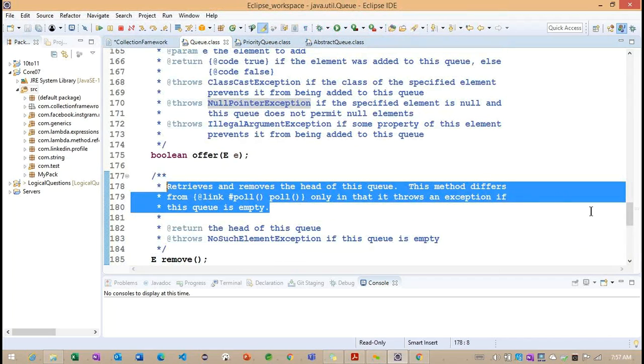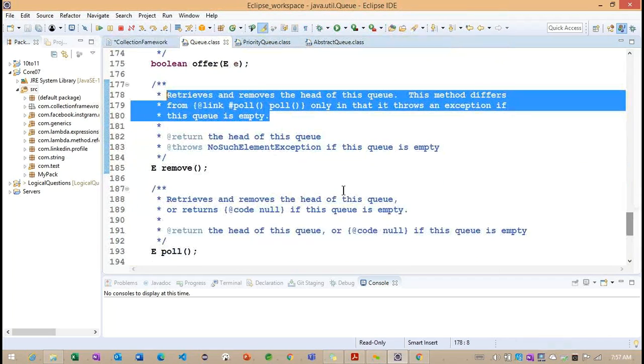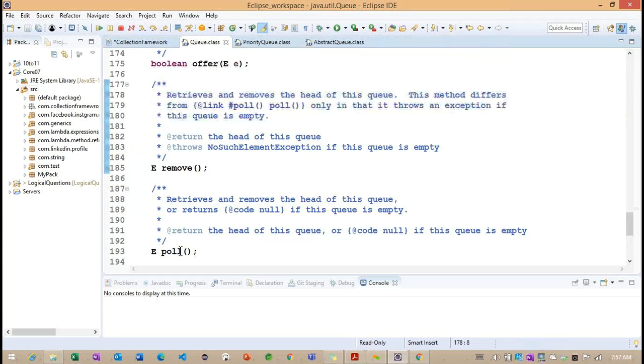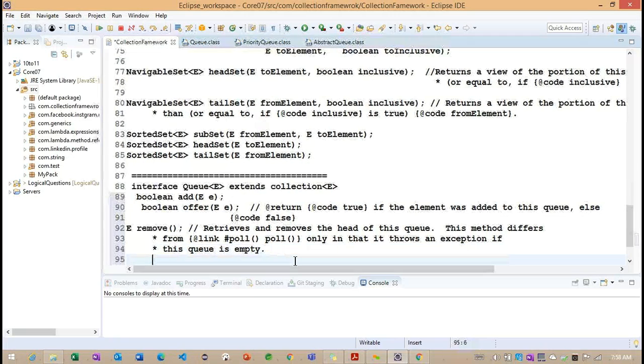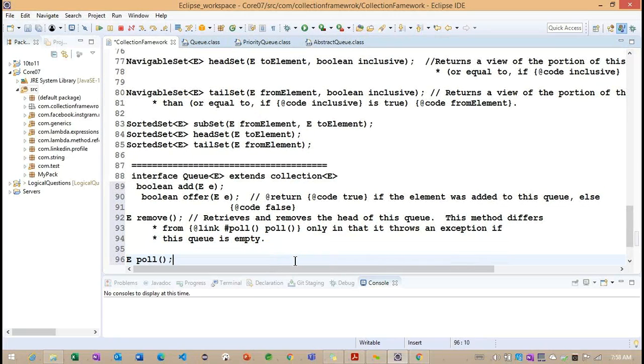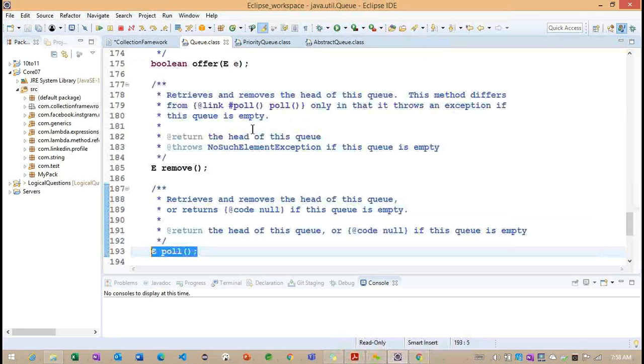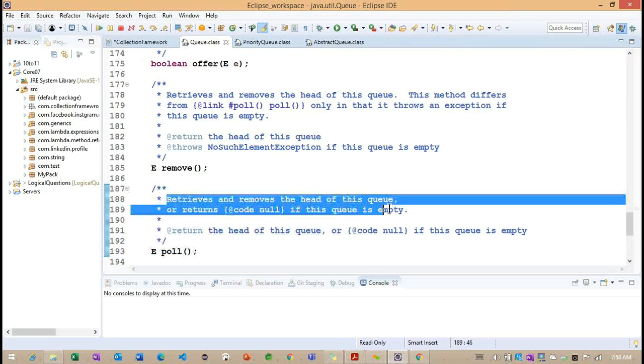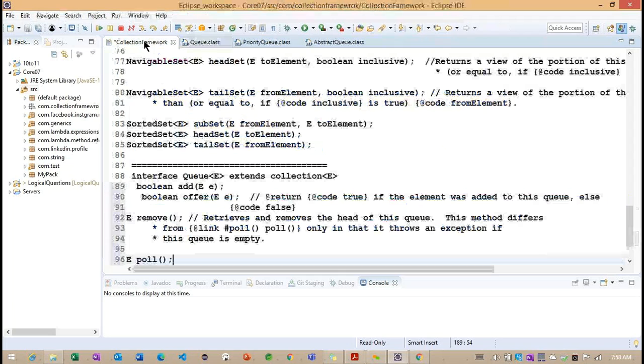This is the only difference between the Collection remove method and the Queue interface remove method. And the poll method also removes the element from the queue, but if the queue is empty, it will return null.